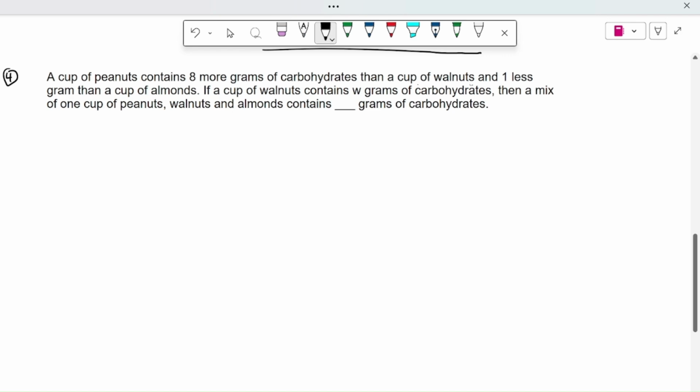In this question, it says that a cup of peanuts contains 8 more grams of carbohydrates than a cup of walnuts, and 1 less gram than a cup of almonds. If a cup of walnuts contains W grams of carbohydrates, then a mix of a cup of peanuts, walnuts, and almonds contains dash grams of carbohydrates. So the solution